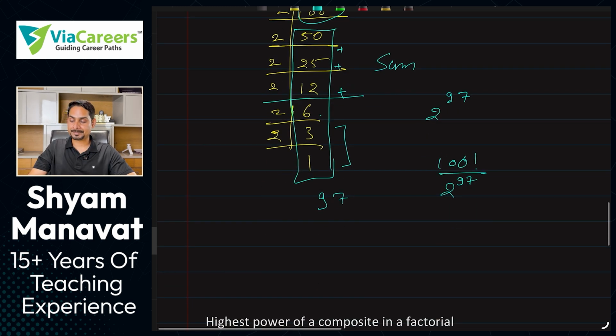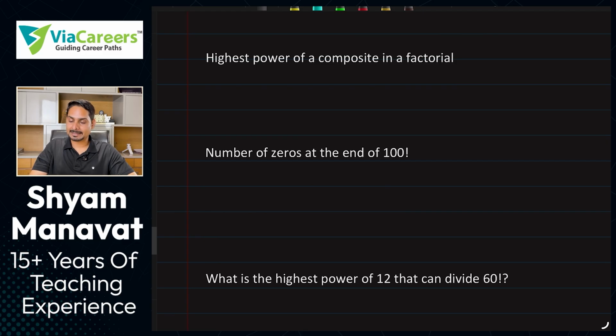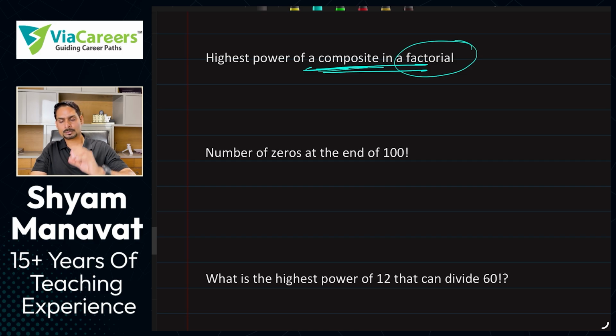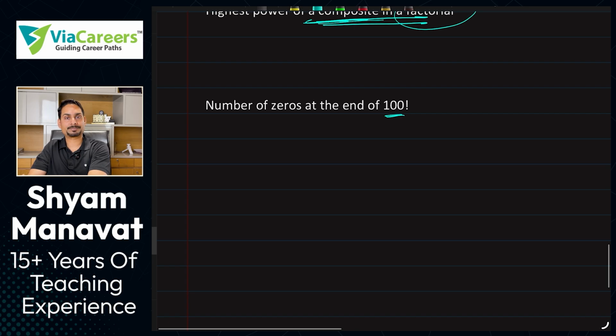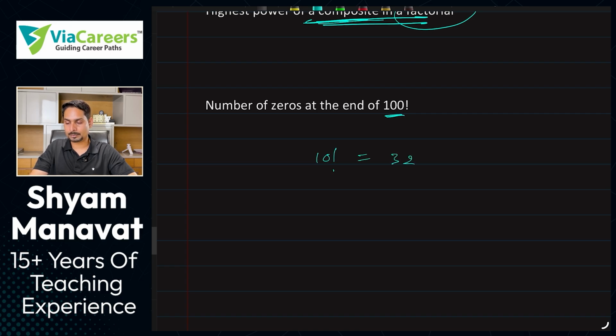Pause. Next example. Highest power of composite numbers. Okay. Highest power of composite in a factorial. So अभी तक तो हमने देखा था prime numbers like highest power of 3, highest power of 5, highest power of 2. Now if it is composite, example, here it says the number of zeros at the end of 100 factorial. यहाँ 2 मत आंसर मार्क करके आ जाना. ओके कि 100 में 2 zeros है तो 2 मार्क करिए. नो, it is 100 factorial. When you simplify, for example, 10 factorial is 3628800.